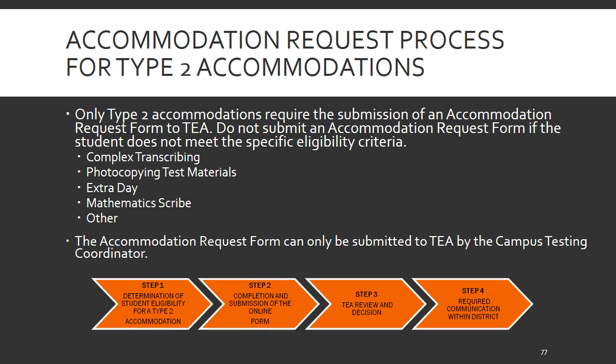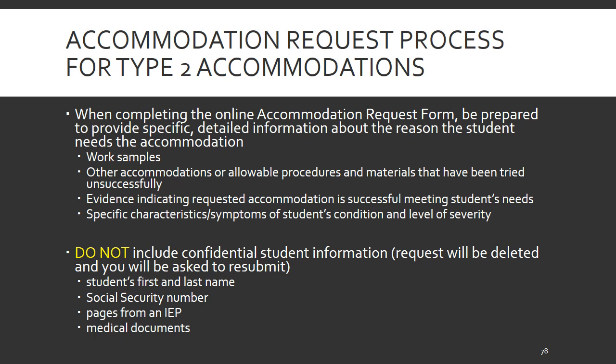Step 1, determination of student eligibility for a Type 2 accommodation. Step 2, completion and submission of the online form. Step 3, TEA review and decision. Step 4, required communication within district. When completing the online accommodation request form, be prepared to provide specific detailed information about the reason the student needs